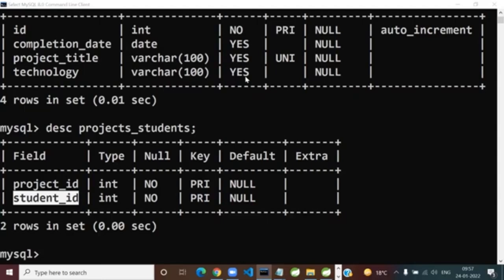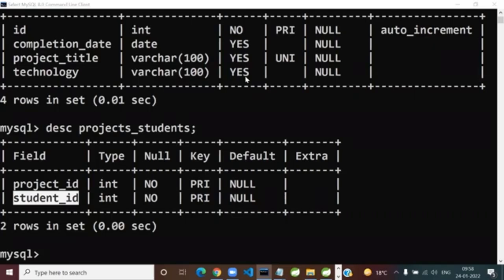So your choices are: option 1, a new entry gets created in the projects table. Option 2, a new entry gets created in the students table. Option 3, a new entry gets created in the link table. All of the above, none of the above, or whatever. Lost me? Option 3 is the correct option.